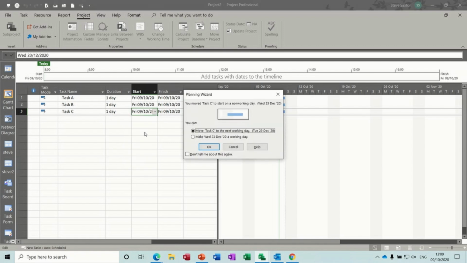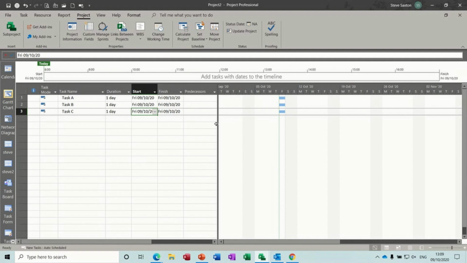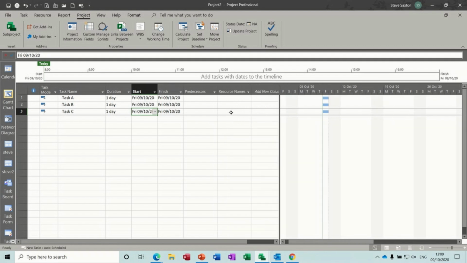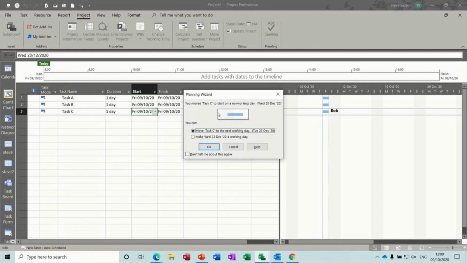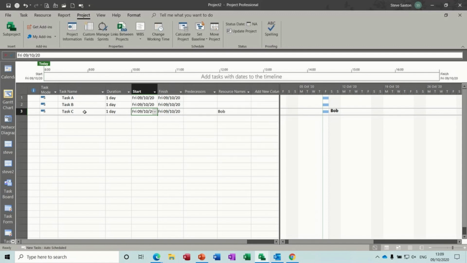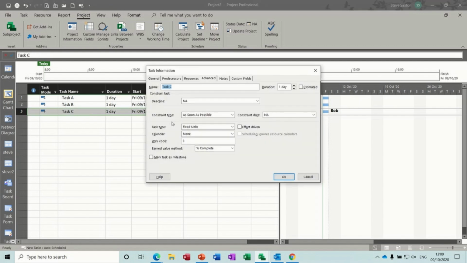December the 23rd, even though if I put Bob on it, let's have a look. Let's put Bob onto that. Bob's on it, so he's able to work on the 23rd, but the task itself ignores that, still wanting me to move the task to the 29th. So what you have to do is double click on task C and get yourself onto the advanced tab, which I am on, and then assign a calendar to this task. So I'm going to assign that calendar engineers,